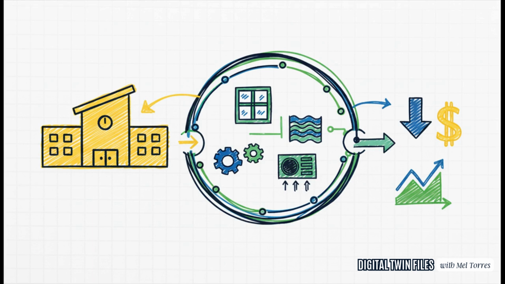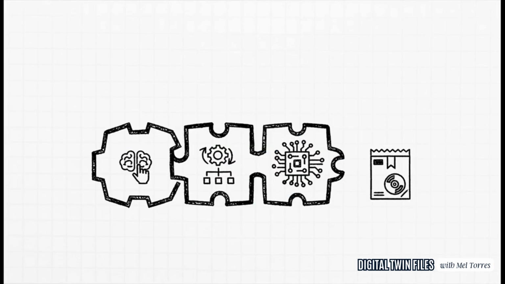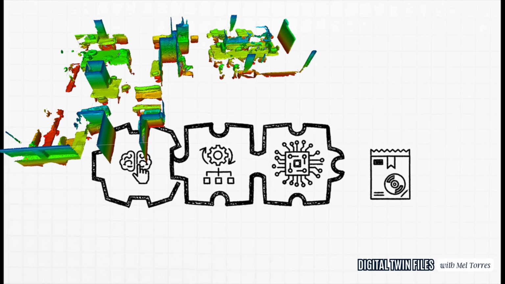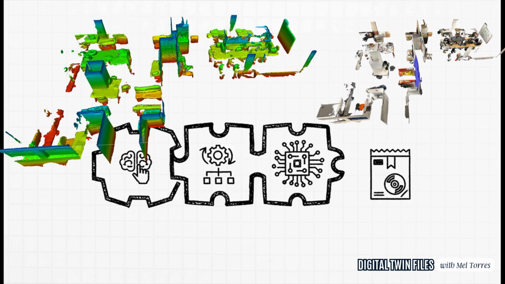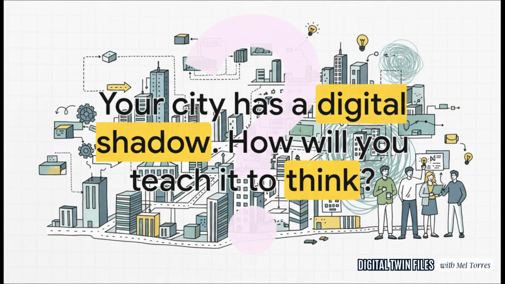So, if there's one thing to take away from all of this, it's this. A digital twin is not a piece of technology you just go out and buy. It's not a product. It's a new organizational capability that you have to build. It's like a muscle. You have to cultivate it by integrating the right technology, the right processes, and above all else, the right people. And that leaves us with one final thought to chew on.